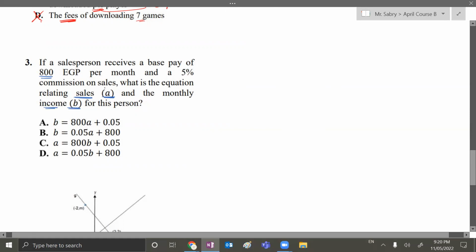So if he's asking what is the equation relating the sales with the income, definitely the income should be equal to something. In order to calculate your income, you will need to do things related to the sales. What are those things? How can you calculate your salary if you're taking a base pay of 800 per month? I take the 800 every month anyway. So how can I calculate the remaining? Plus 5% commission. What does commission mean? Commission means, if you are, for example, selling cars, you take a normal salary,